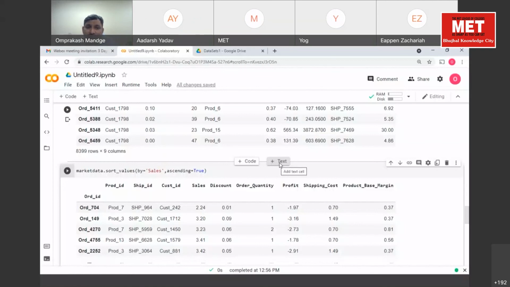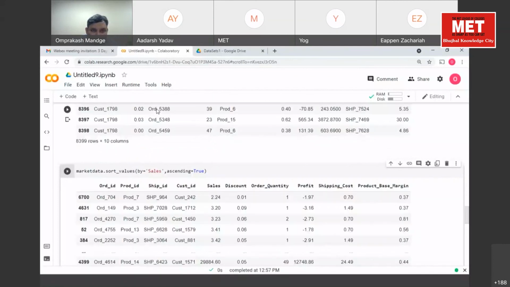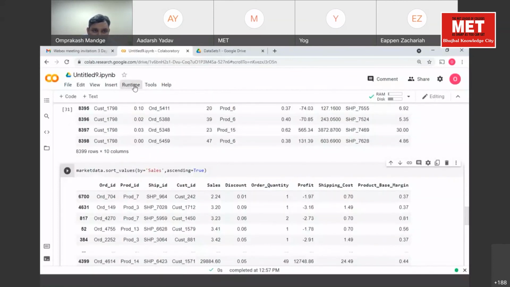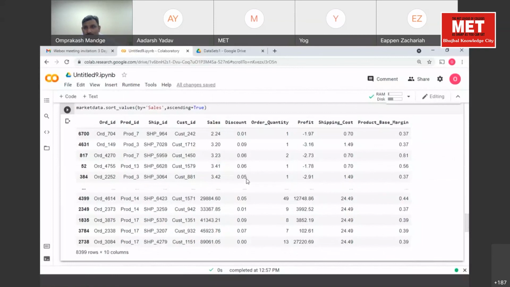Run it again. Rerun the entire notebook. Okay, try this. Go to runtime and run all. Go to runtime and run all. So he hasn't replaced it. Still I'm getting the index column with the order ID. Okay, so what's the spelling? The spelling is wrong. The order ID column is arranged in the same order.